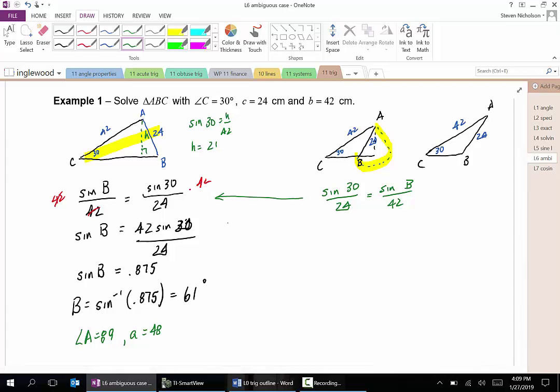But given that we can imagine this picture, it makes it really easy to figure out angle B, because angle B is simply equal to 180 degrees minus whatever we found out in case number 1. So angle B turns out to be 119 degrees. And again, if you want to go back and check this answer,